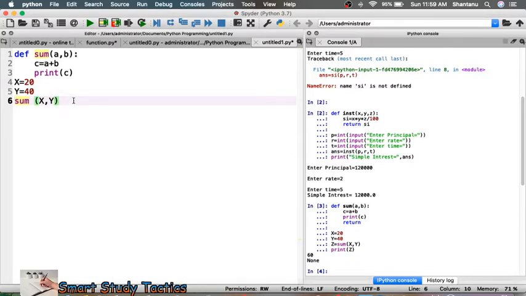So flow of execution means first 4, then 5, then 6, then it will move to the 1, then it moves to the 2, then it will move to the 3. I think it is pretty clear to all of you. These numbers are showing the flow of execution, so I wrote these numbers as they are.